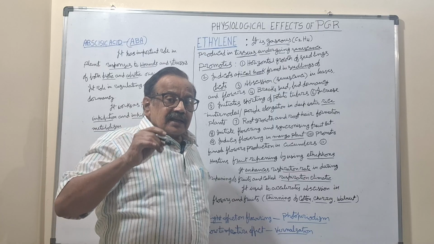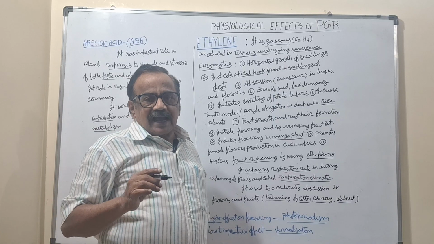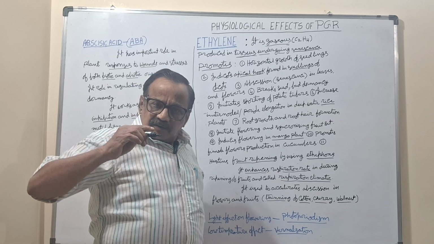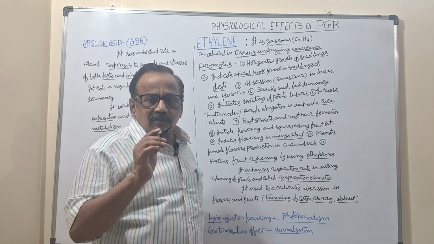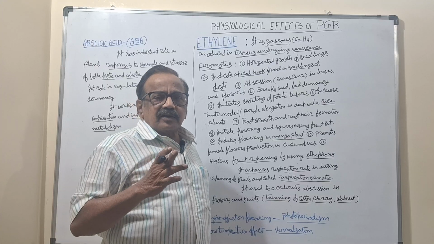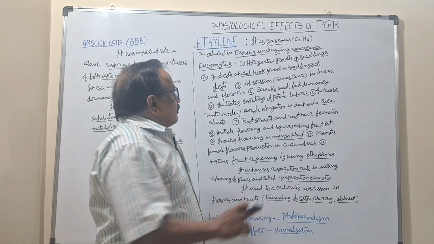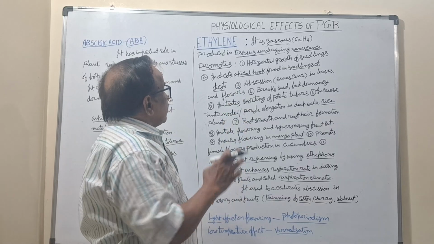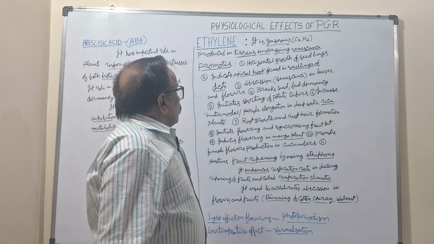During those reactions ethylene is produced, and it again triggers more activity. Ethylene does its work in different ways, and it is produced in the tissues undergoing senescence, and it promotes,